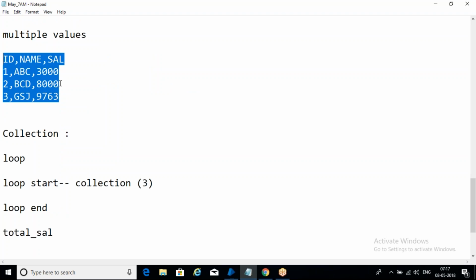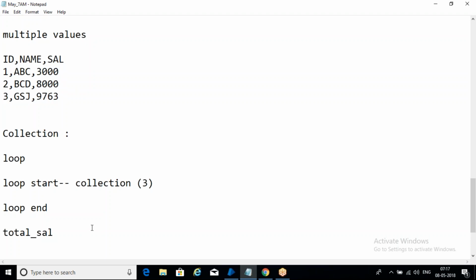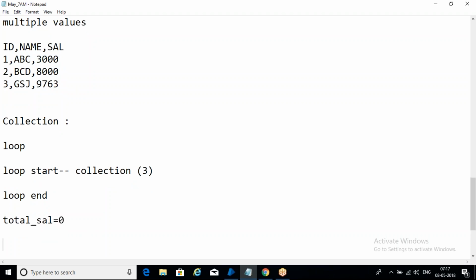First record salary plus second record salary plus third record salary, right? It means we are implementing the calculation 3 times, right? If you want to do this, we will create a simple expression. Initial salary, total salary, we will give it 0. We will give it 0, and then what we have to do is,